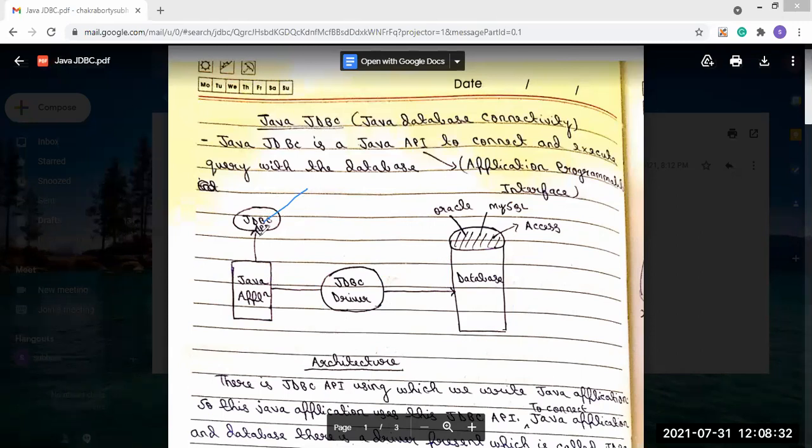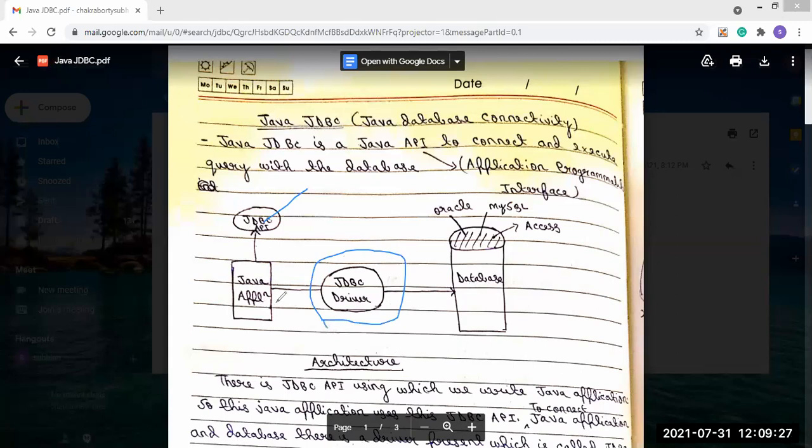This Java application uses the JDBC API, that is, the Java Database Connectivity application programming interface, and we write the Java application using it. Now, to connect this Java application with the database, the JDBC driver is used.